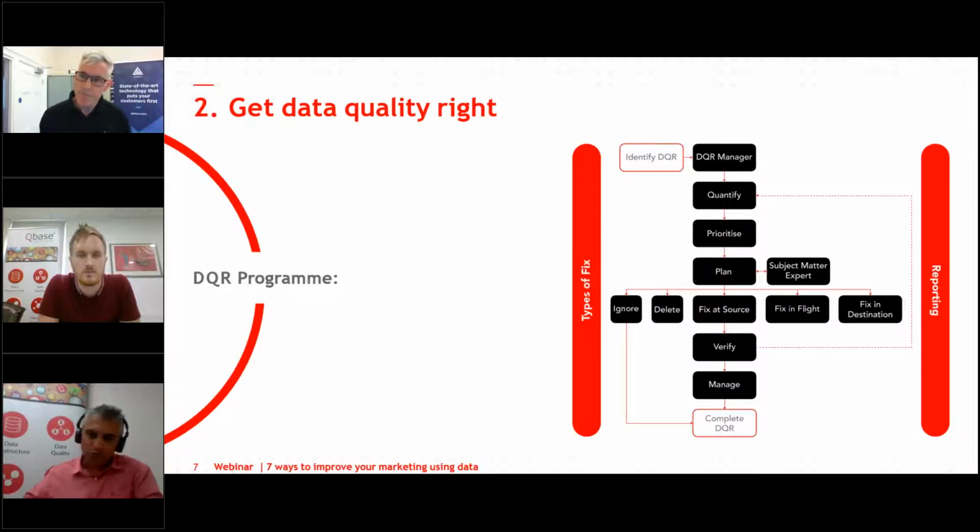But I think you can move beyond the simple single field validation and start looking at patterns in the data. We can start looking at inconsistencies. We can look, for example, where channel preferences don't match channel use, where the pattern of transactions doesn't match the values that we seem to associate with that supporter, for example. So you can start to look at the correlation between various different elements in the data,